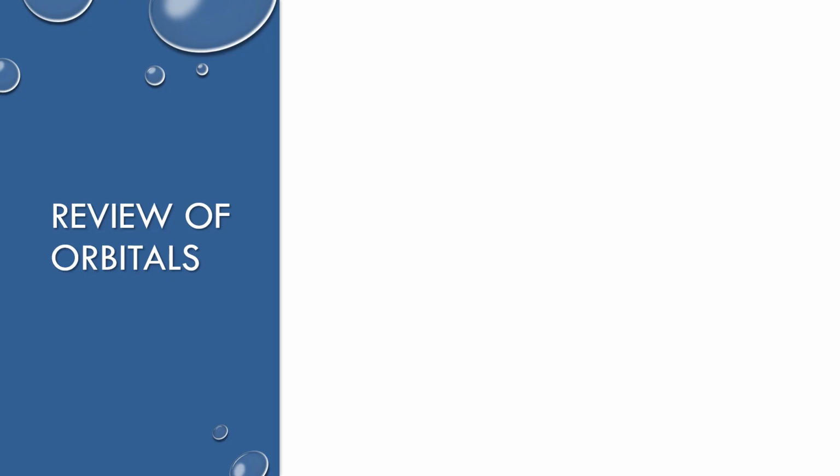So let's do a very quick review of what an orbital is. An orbital is the region in space around an atom where an electron is likely to travel. So we have three shapes: S, which is a sphere, P, which is three different orientations of dumbbells. We have an X, Y, and Z. Usually the Z will be up and down, but just X, Y, and Z, three different directions of the dumbbell